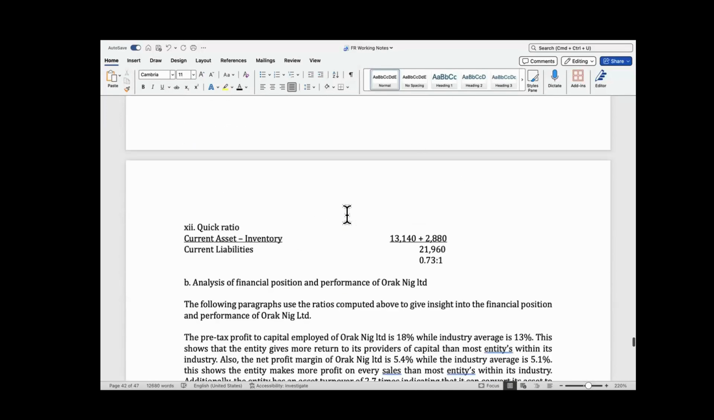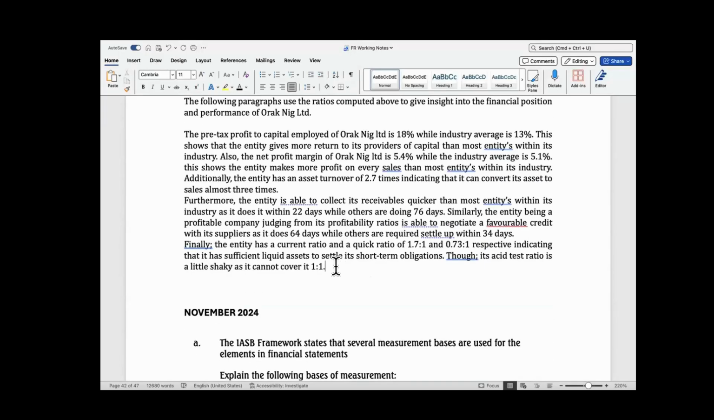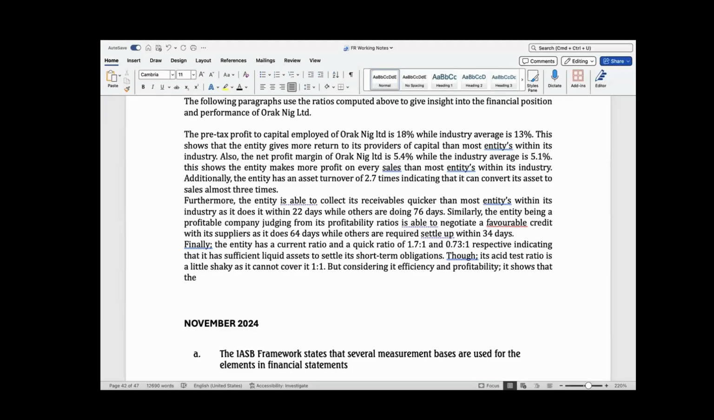Okay, but considering its efficiency and profitability, it shows that the shortfall in the asset test ratio might not be such an issue,